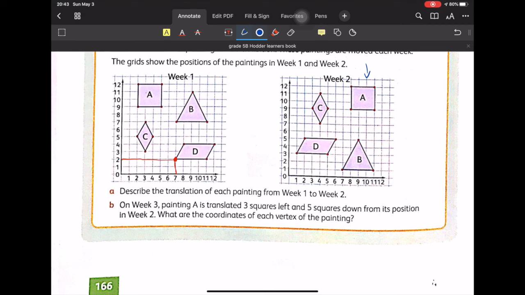Okay, let's go. I pick this corner. 3 left, 5 down. 1, 2, 3. 1, 2, 3, 4, 5. It's here. About this one, we say 1, 2, 3. 1, 2, 3, 4, and 5. It's here. So as you could see,